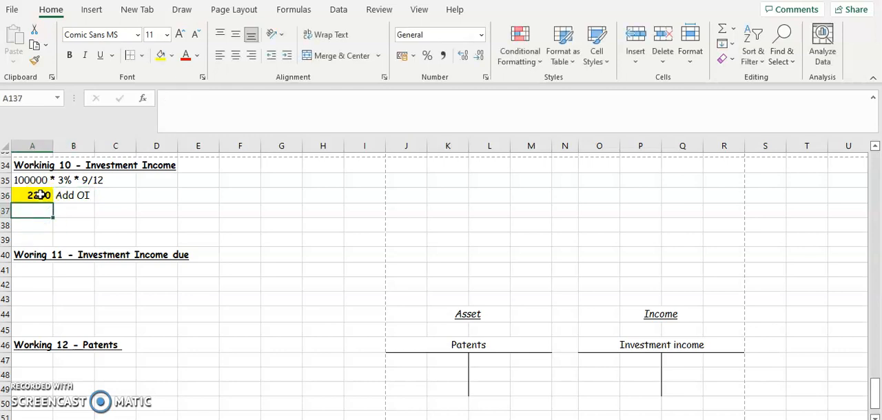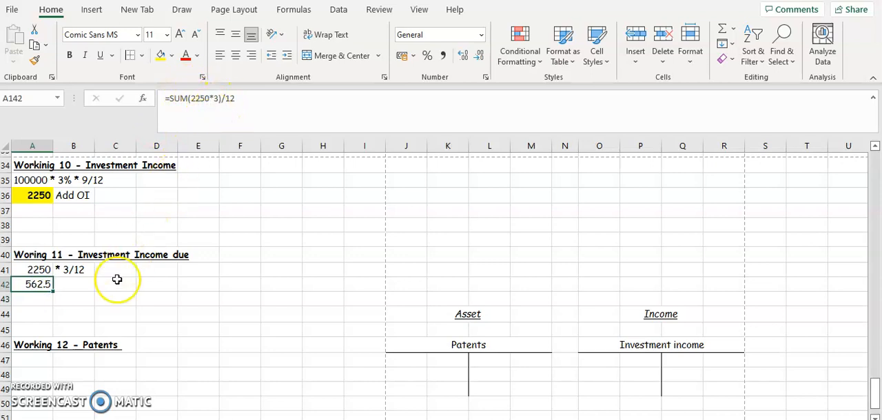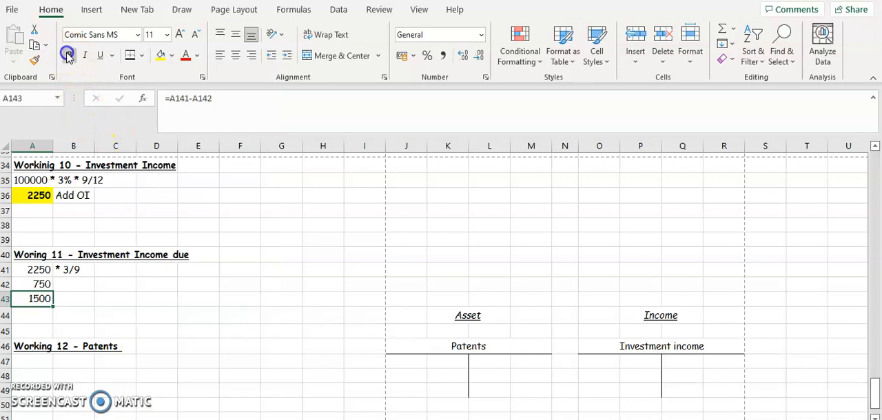2,250 is the yearly amount. We need to find out how much of that we have received and take it away to find out what our investment income due is. We can do that in the next working. We're going to multiply 2,250 by 3/12 because we received 3 months. Sorry, we received 3/9 because we only have it for 9 months. So we're going to get 3/9 of the 2,250 because we don't have it for a full year. We only have it for 9 months. So we received 750. What's left to receive then is 1,500, and that's going to go into your balance sheet